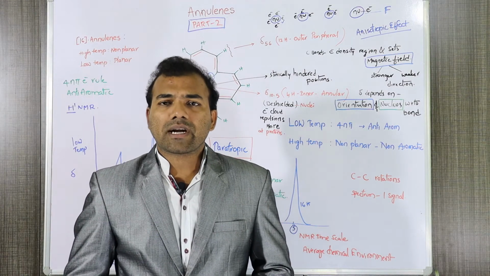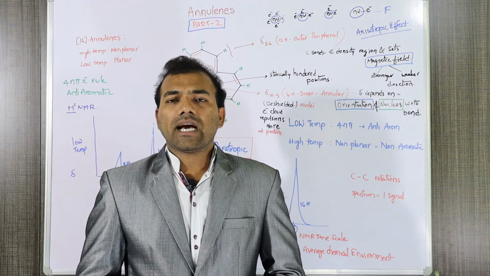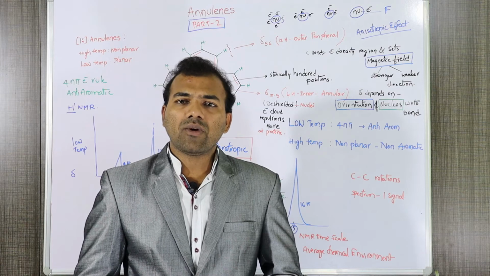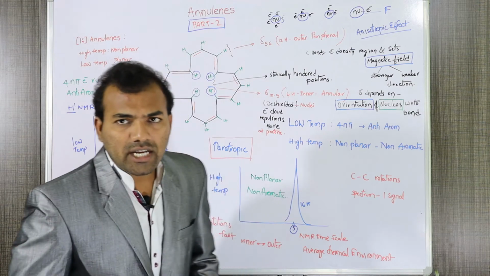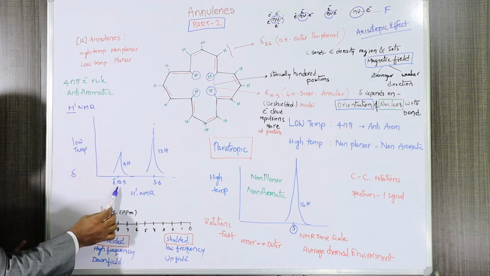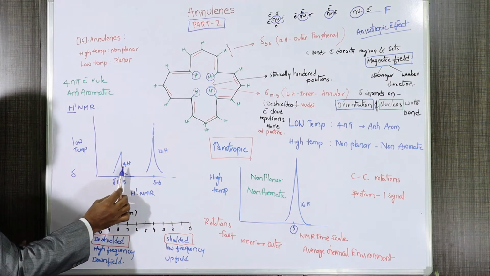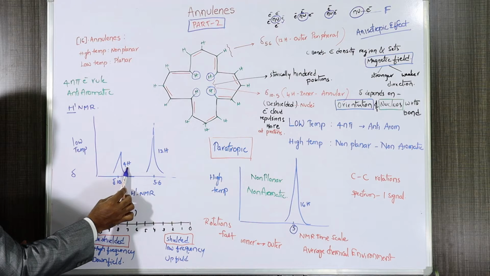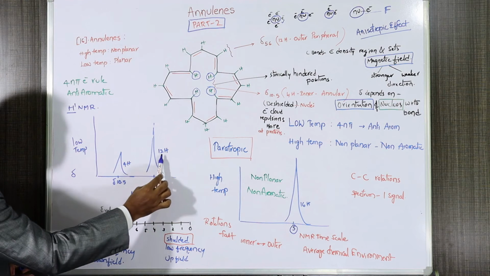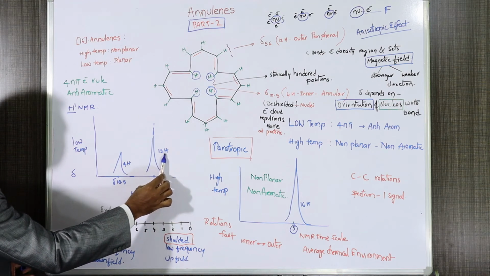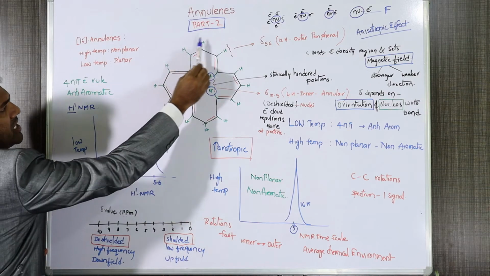From the H1 NMR spectral studies, 2 peaks are observed at low temperatures. One peak is at around 5.6 chemical shift value and another peak is around 10.8 chemical shift value. So let us check the time scale. At low temperatures, it shows a small peak. This small peak represents 4 hydrogen atoms, in one environment, that is around 10.5. A long peak represents more hydrogen atoms, that is 12 hydrogen atoms, and it is around 5.6 chemical shift value. There are 16 hydrogen atoms.